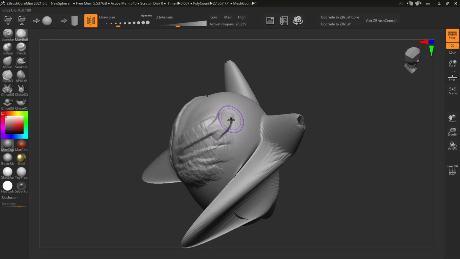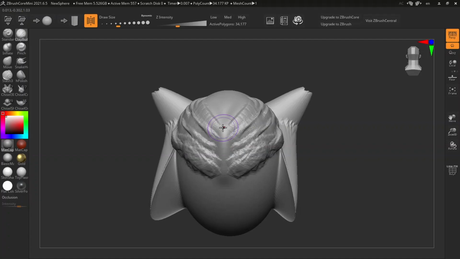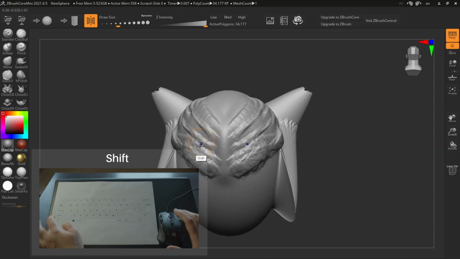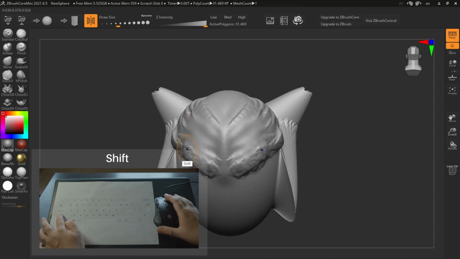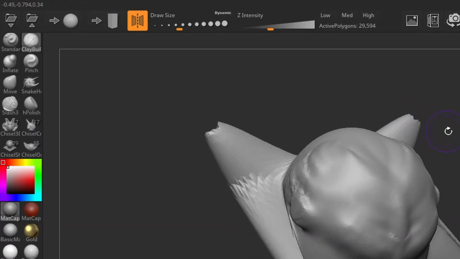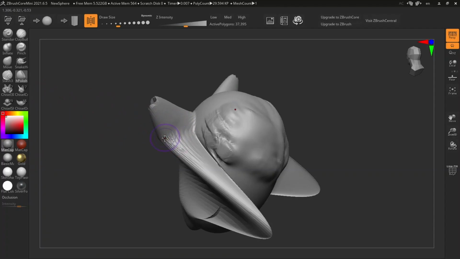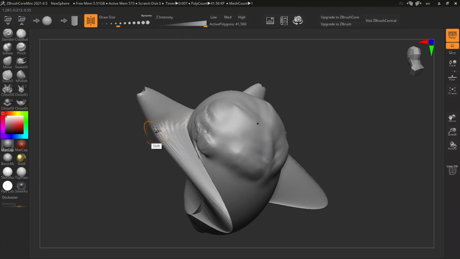This will help us to build muscles or any form that we try to fatten up. We have to remember, which is not shown in detail in ZBrush Core Mini, that Shift is used for smoothing the areas. Unfortunately, the program doesn't give us any other option than pushing Shift to smooth the area. If we don't want that strong a touch, we can always go to High Polish to smoothen where we want to. But Shift is a great tool just to give the feeling of real clay.